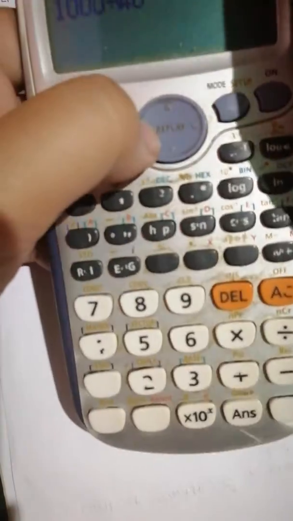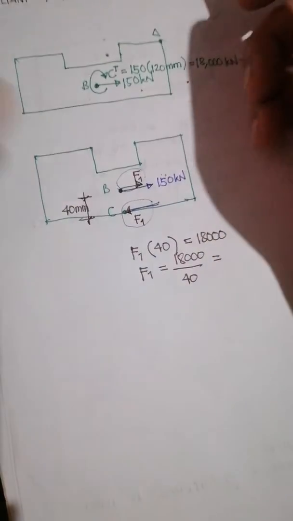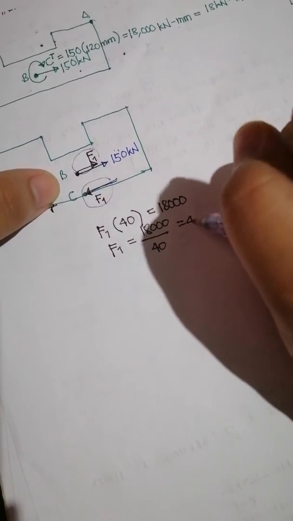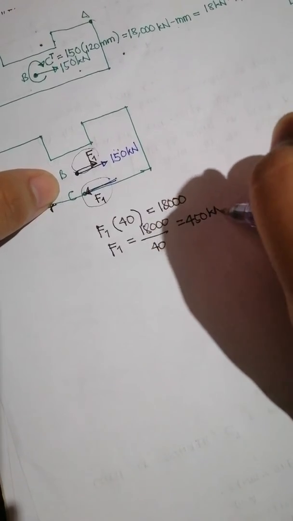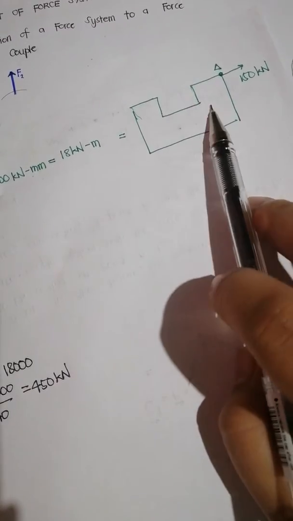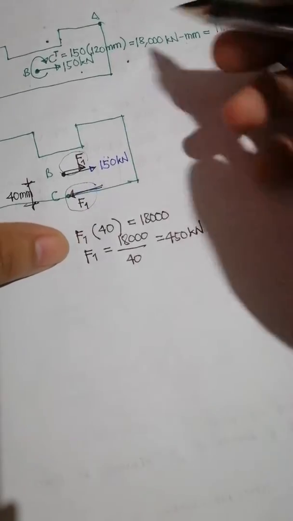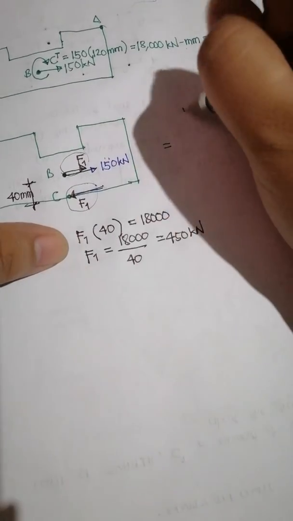We'll have here, it should therefore be 450 kilonewtons. Therefore, if we're going to change this force system into two horizontal forces acting at point B and point C, the result would be